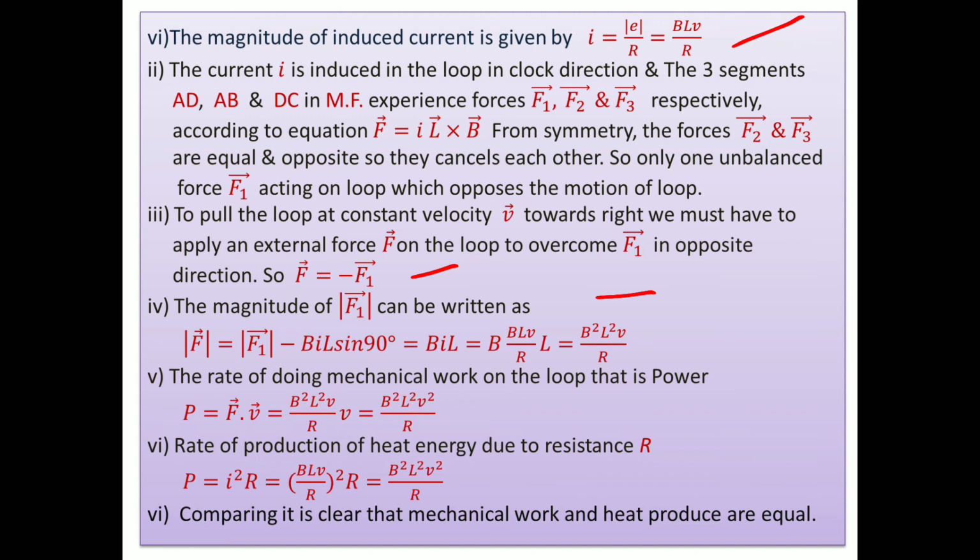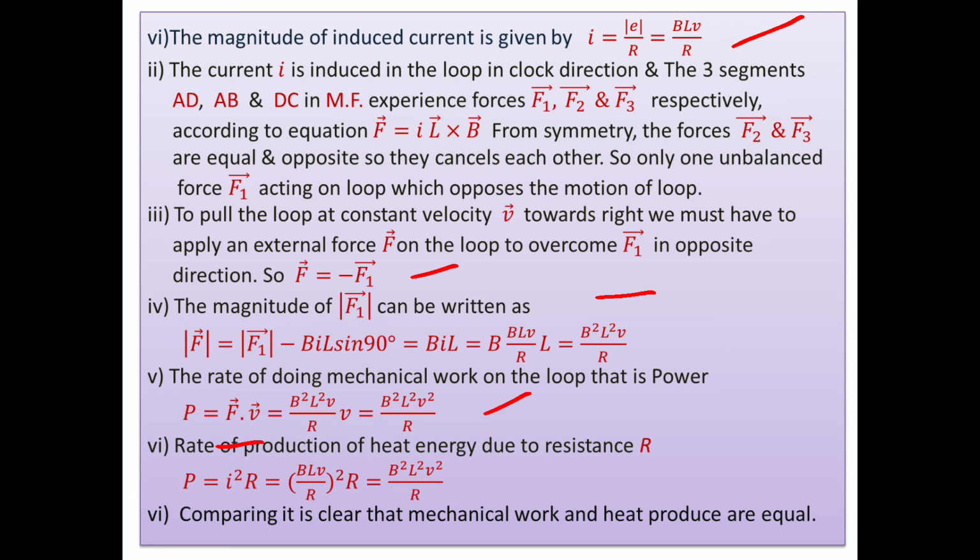Okay. Then power P equal to vector F dot V. But what is vector F? B square L square V upon R. It is not necessary to take vector F dot V; you can take it magnitude-wise. Then B square L square V upon R into V, so B square L square V square upon R. Then the rate of production of heat energy in resistance R is supposed to be...